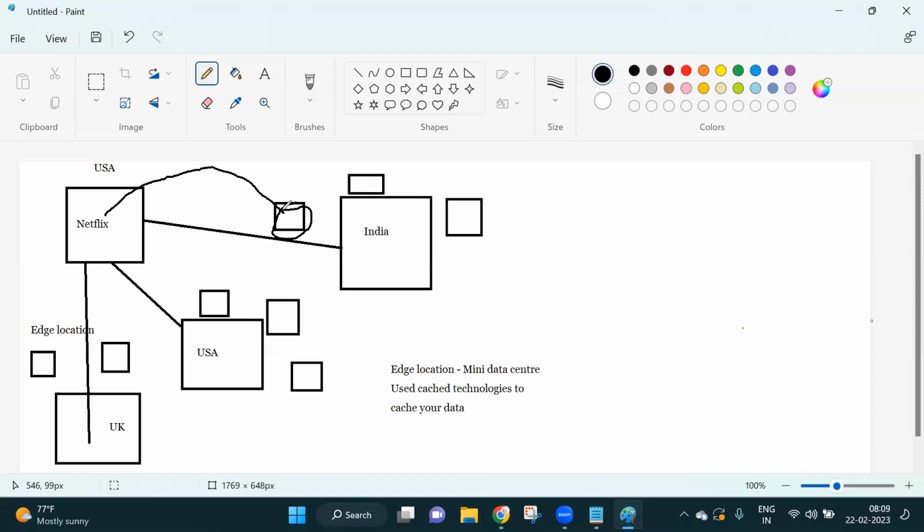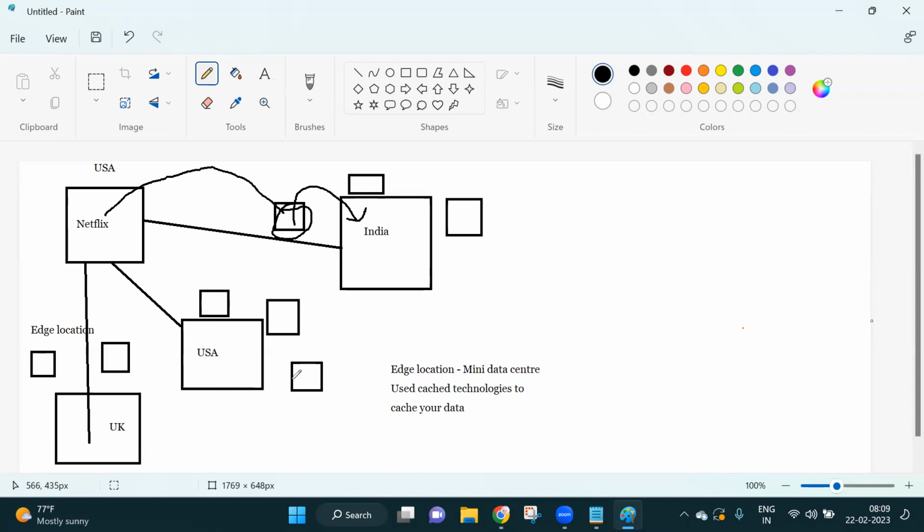Suppose consider you have YouTube. You have downloaded your YouTube. Now, when you use the downloaded YouTube, definitely you will get more performance, right? In the same way, the Netflix that you want to see, initially it will be cached inside your edge location. From there only, you are getting it on your mobile. That's the reason everyone will get the same performance based on your network speed.